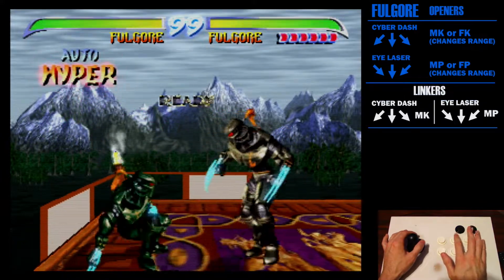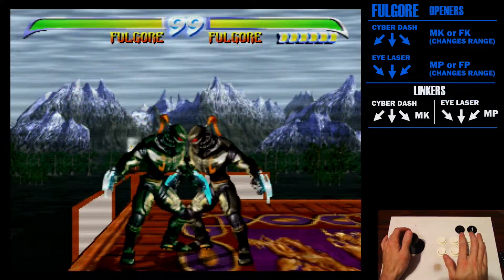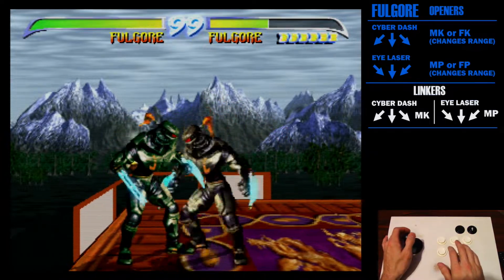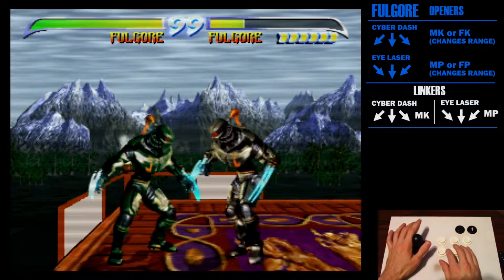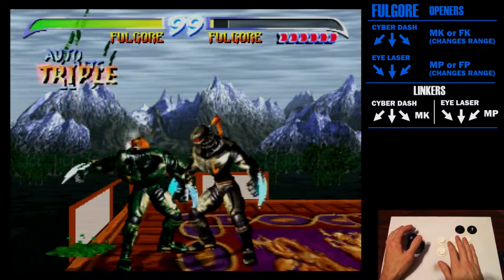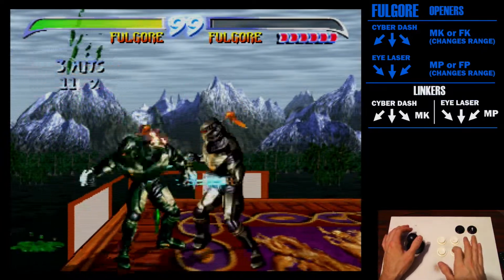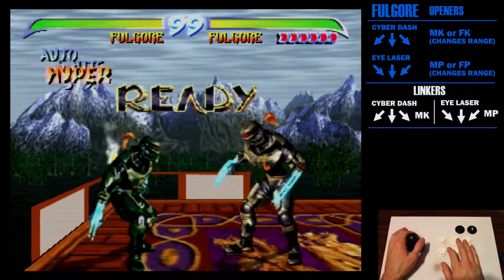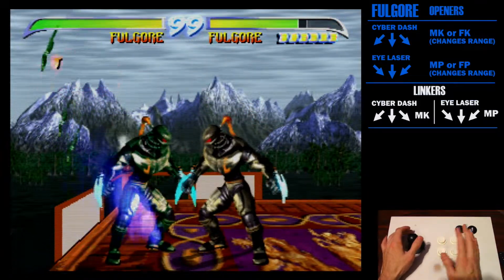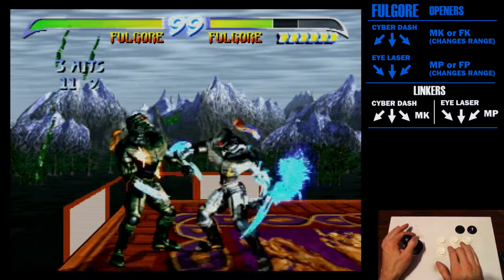So those are manuals covered before. You do a fierce and then a medium. It doesn't matter which ones you do. And you can do them after an auto. So that's what I'm doing there. I'm dashing in, auto, and then a manual right after it. And then after that, a link. Which I dropped that combo, but